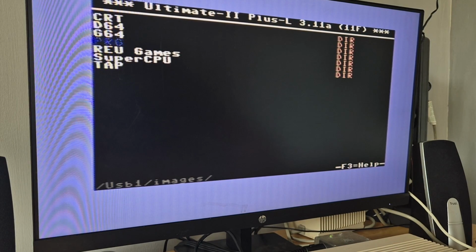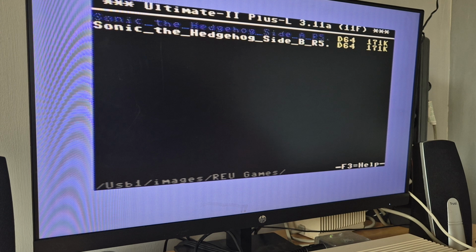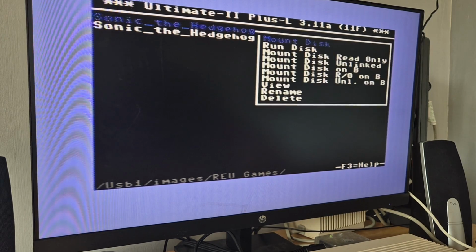okay, so next up we're on to the RAM expansion unit games folder. Now if we enter into this one, we've got Sonic the Hedgehog, which came out a couple of years ago, and this does need a RAM expansion unit, but like I was saying, the Ultimate cartridge actually has this built in to support these games. So if I press return on side A, and I'm going to run disk,